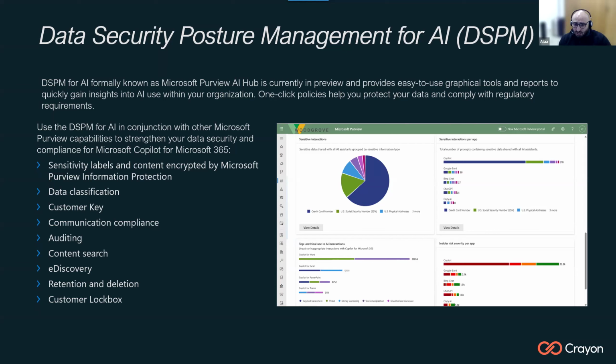DSPM offers insight and analysis into AI activities within the business, and ready-to-use policies to protect the data and prevent data loss in AI prompts,